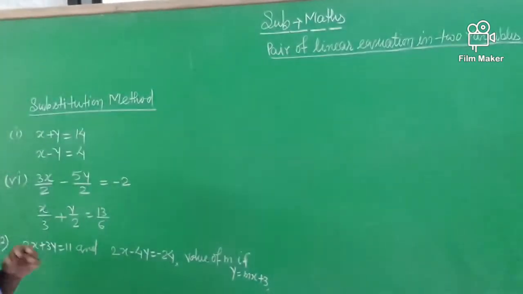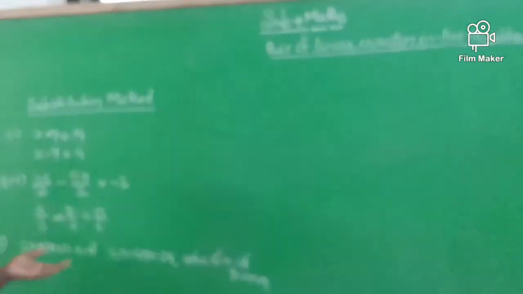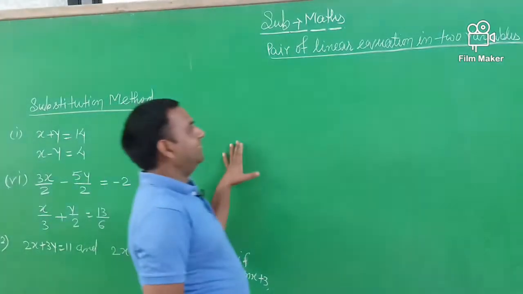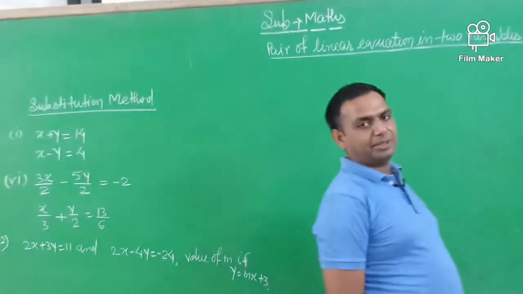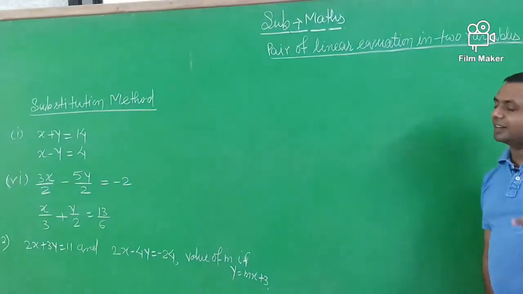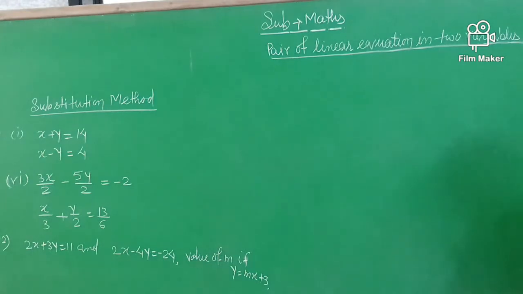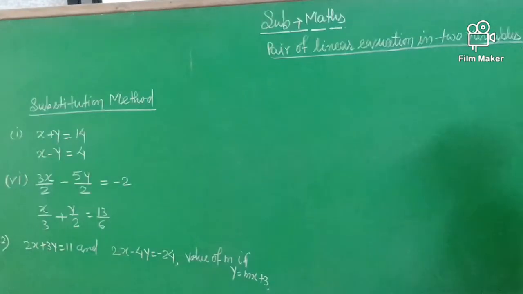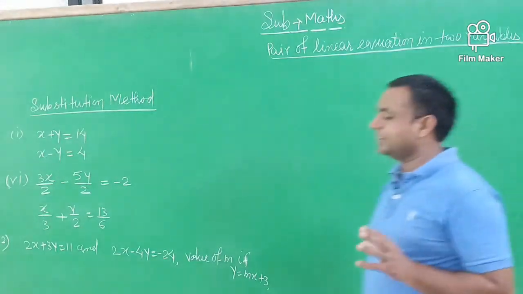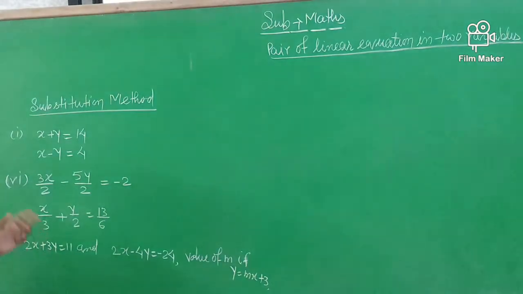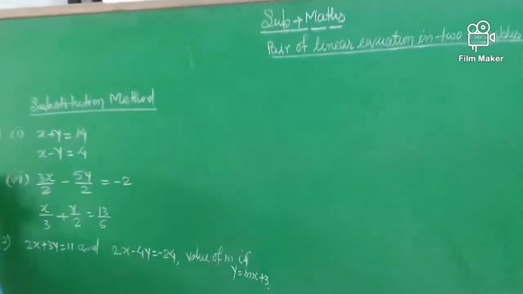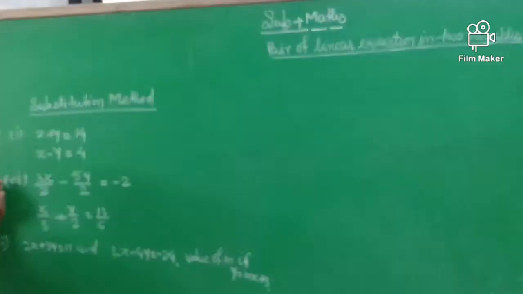This chapter is common for the 9th and 10th because in the 9th standard this chapter is linear equation in two variables. Here the only change is "pair of". In the 9th standard it is linear equation in two variables, and in the 10th standard it is a pair of linear equations in two variables. And you also studied that in 9th standard there is only one method, the graphical method, but here there are four methods. The first method of solving a pair of linear equations is the graphical method.